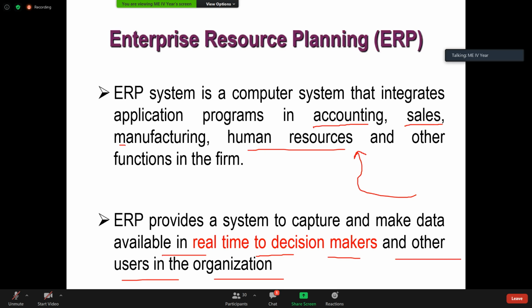So there is a... I request everybody to mute. 319. Rule number 319. Rahul, where